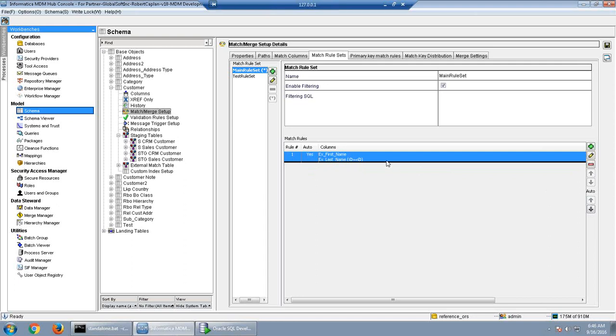So this has impact on the matching process. When we run the match process, if any record gets matched on this rule, in the match table, MTCH table, we have the auto merge indicator. That will be 1. Because after the match process, we will go and run the auto merge job. The auto merge job will come to the match table, pull all the records where auto merge indicator equals 1 and merge them. But it will not touch any records where auto merge indicator equals 0, because that is for manual consolidation.